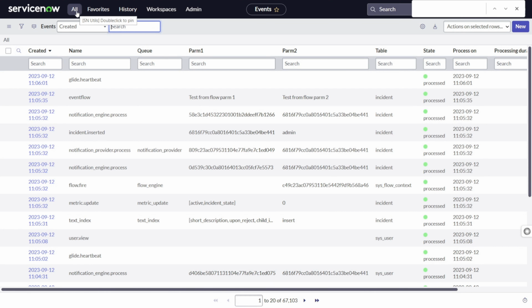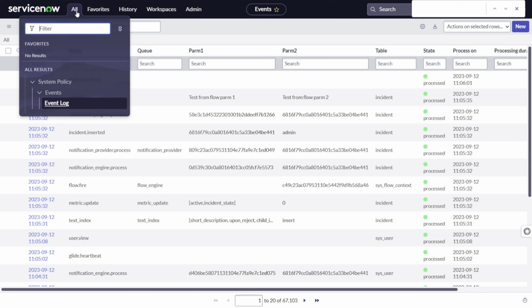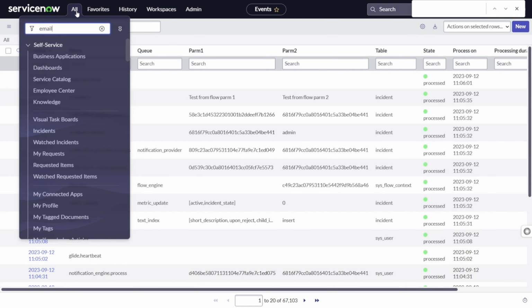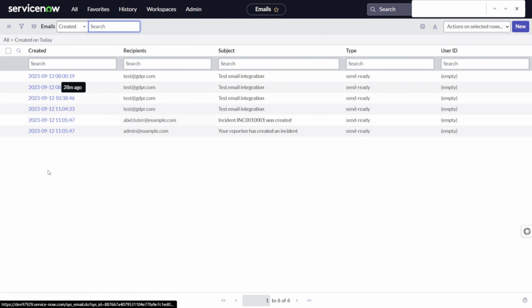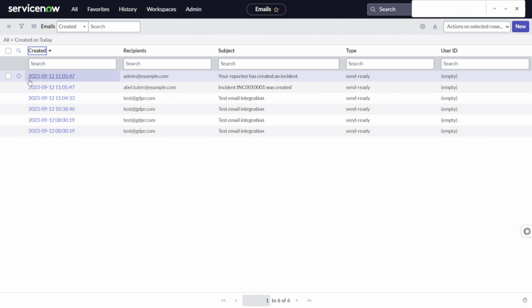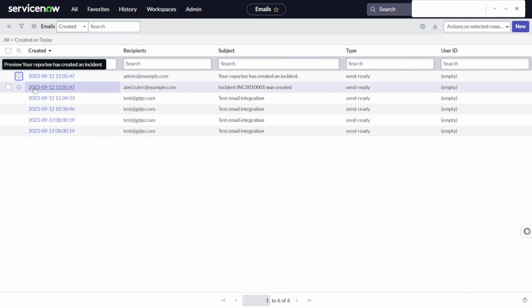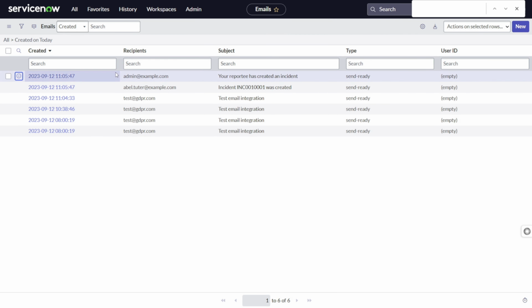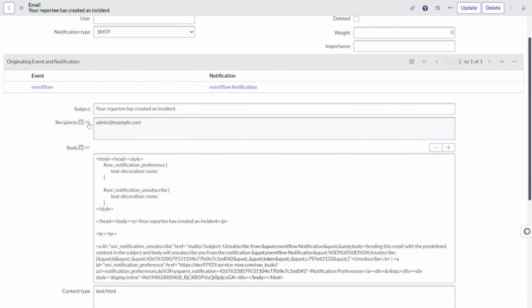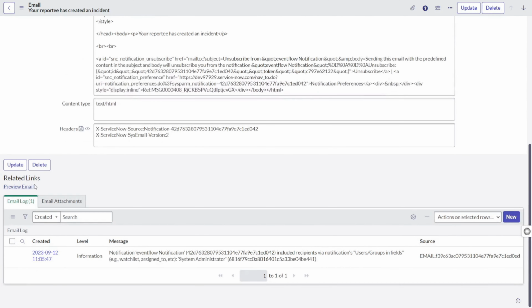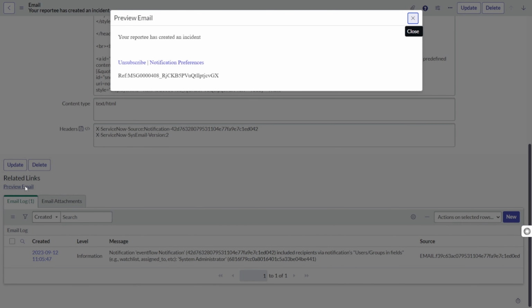And let's see the notification. So you can see we got the incident also. Perfect, right? Yes. Yes. Event flow is the event. Yeah, it got triggered. Preview email. Perfect. Okay. So this is how you can, instead of relying on the create record things,